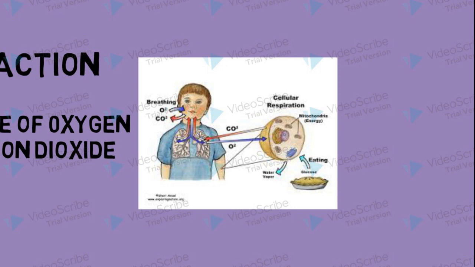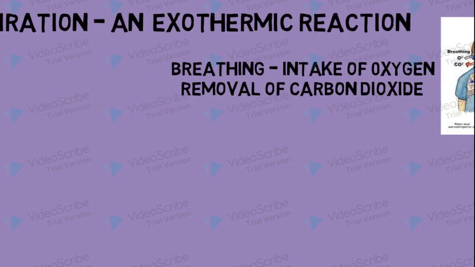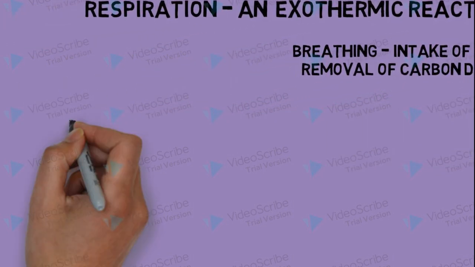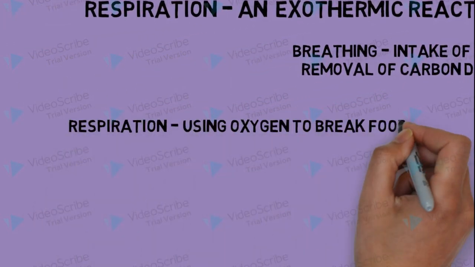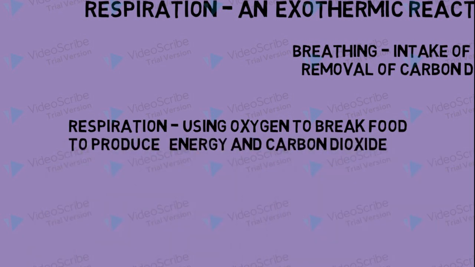When you take oxygen, this oxygen will get into the cell, and inside the cell food is present. This oxygen will break down the food, and when we break that food, energy is released. And as energy is released, we call this an exothermic process. So respiration is using oxygen to break down the food material to convert it into energy and carbon dioxide. So when you eat food,